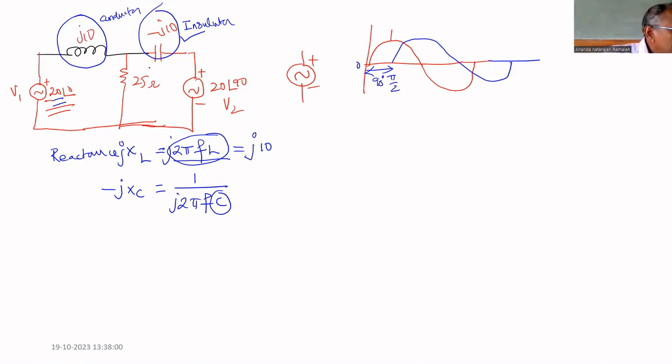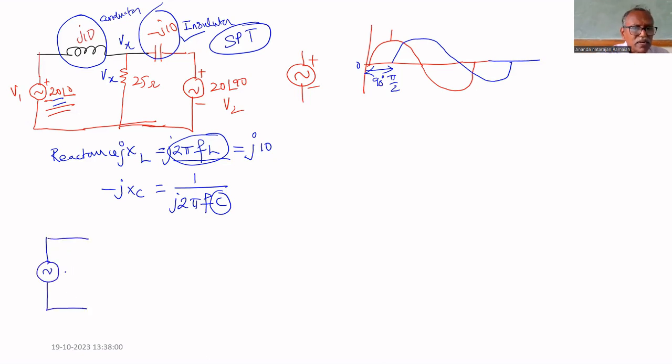For this sum, what is the sum? Find Vx, the voltage across the 25 ohm in the circuit, by using the superposition theorem. First, we have to consider one source at a time. So we consider 20 angle 0,